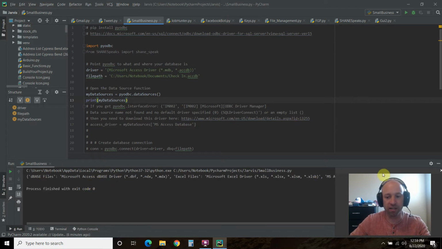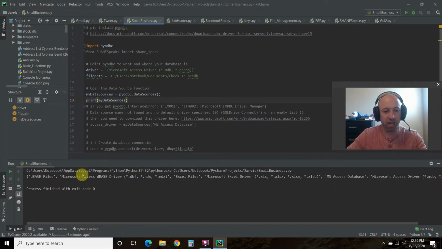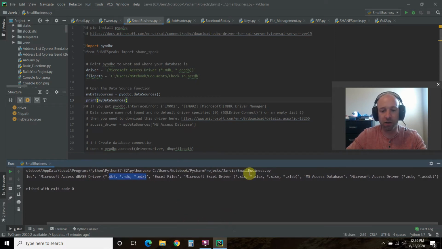Mine has this list of the different drivers, and that's what these are. So we have a database driver for files labeled this. We have Excel files, and then we have these files right here, Microsoft Access drivers. If you run this code right here and you get an empty list, this is what an empty list looks like, 2 curly braces. Or if you try to skip this step because you went too fast in my video, and you